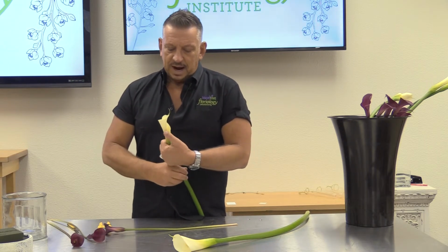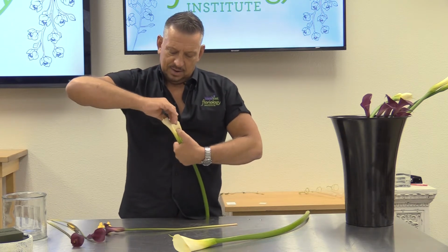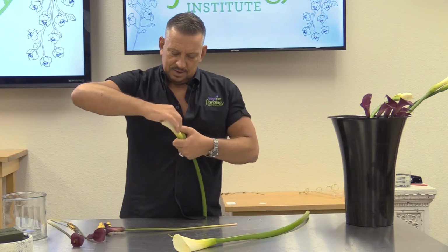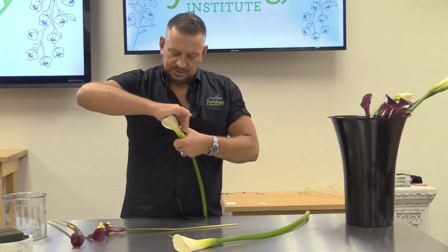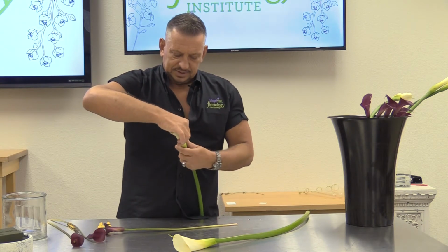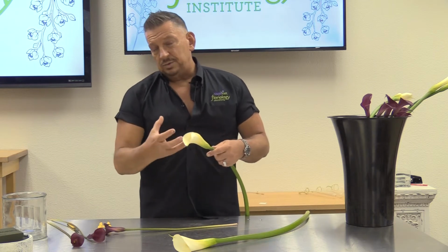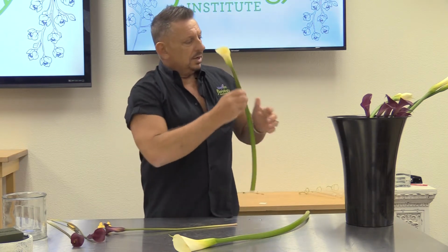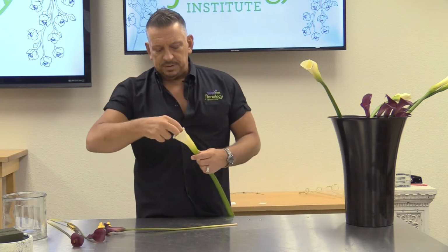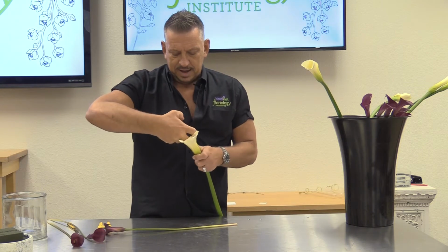But if we use our one thumb on the underside, take our other thumb, and we're just going to help unroll that tightly bound bloom very gently by pulling it open, and we can start to see the interior of the calla lily. Now once you get it opened a little bit, you're going to want to let it rest or let it sit in the container. These were opened about an hour or so ago, and every little bit I may go by and run my